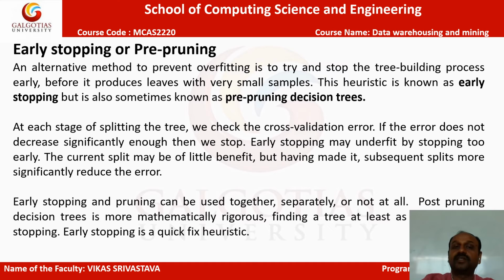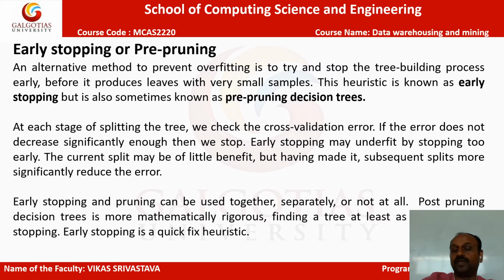So we need to identify a heuristic approach on the basis of the pre-pruning decision tree. Why is it so? In the starting itself, you will try to calculate the cross validation error. If the error does not decrease significantly enough,